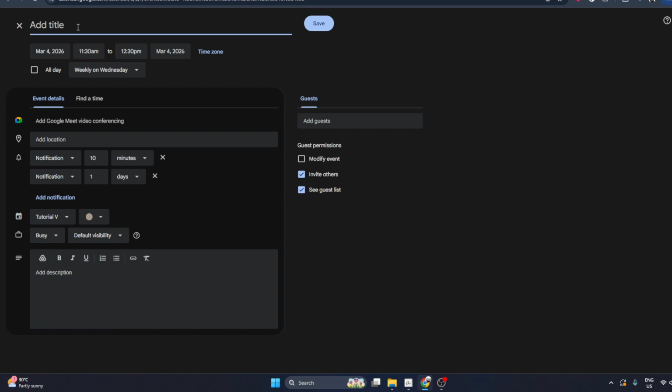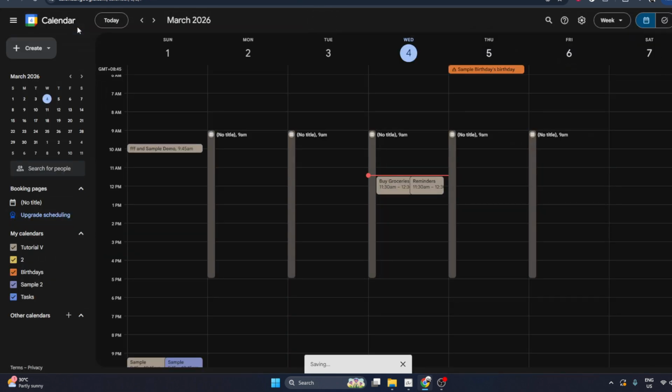When you click it, a menu will appear with several choices. Here, you can select how often you want your event to repeat. Common options include daily, weekly, monthly, or yearly. You can also choose a custom schedule, like every other week or only on specific days. Pick the